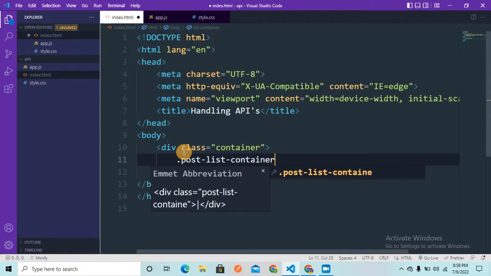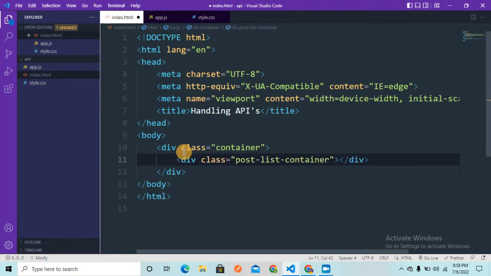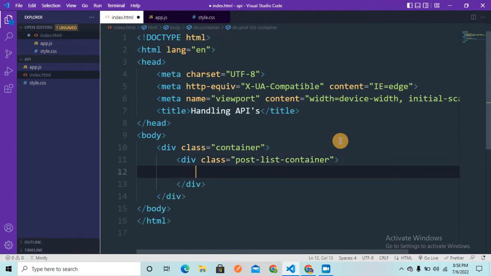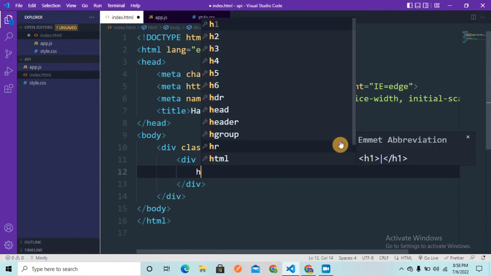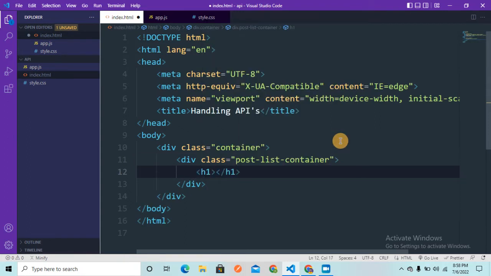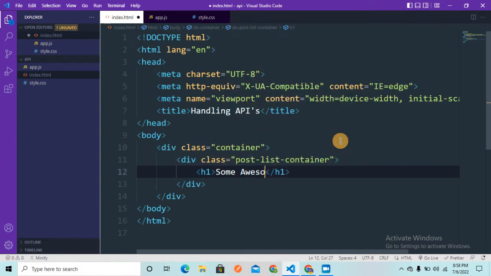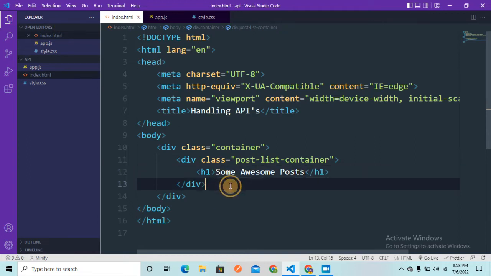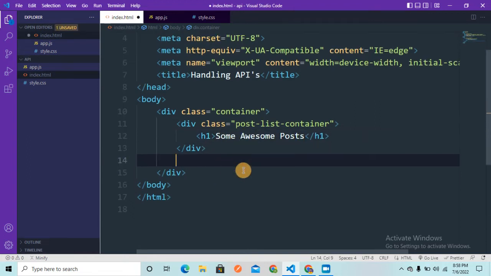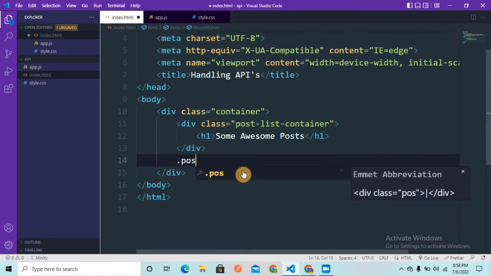Okay, so all these are Emmet shortcuts that I'm using in order to generate this div. Now inside this post list container, I'm going to write an h1 tag, and there I'm going to write some awesome post. Okay, and now under the post list container div, I'm going to write one more div, and that is going to be post